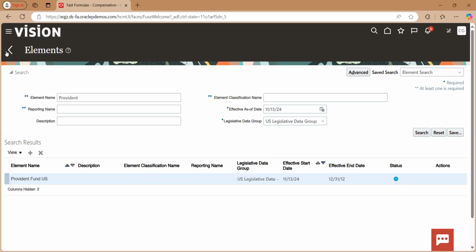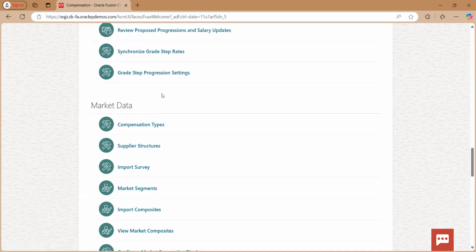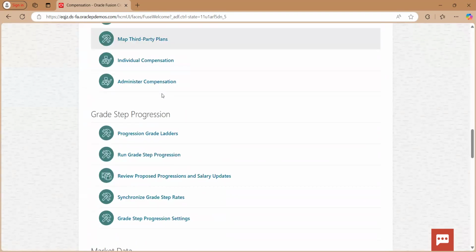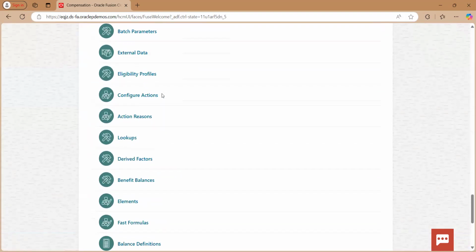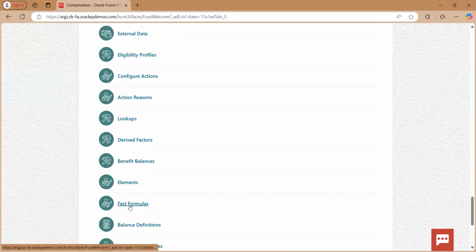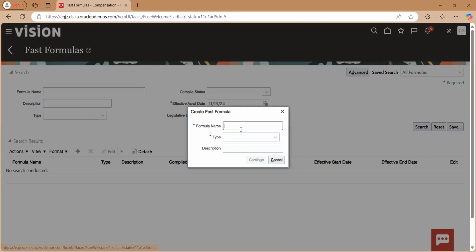So let's go ahead and create a fast formula for that. We are in the same Compensation, and if you scroll down to Common Configurations, you can see we have Fast Formula. So I'll click on Fast Formula and then click on the create button. So this is for the Provident Fund